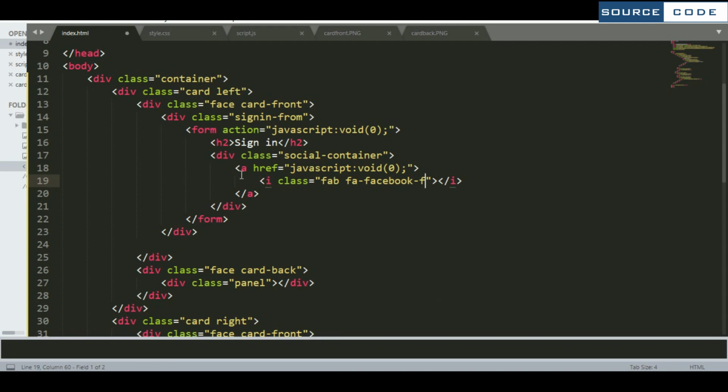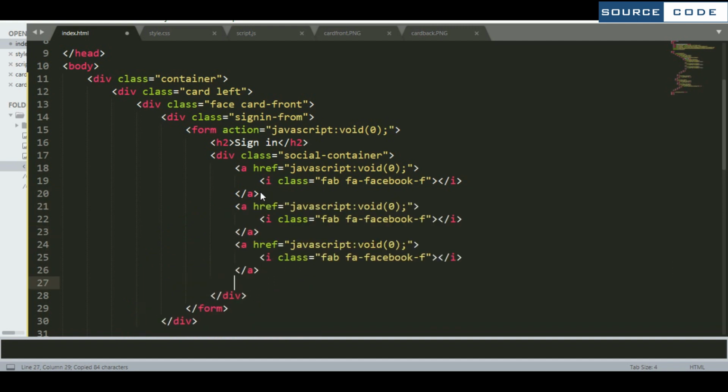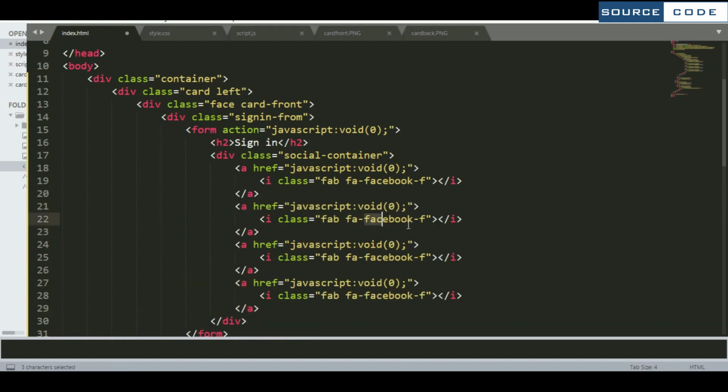So just copy this one again. So this one is going to be for the Google. This is our LinkedIn. And this is for the Twitter.